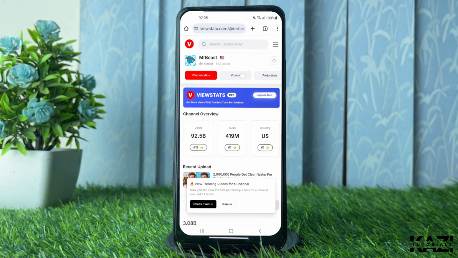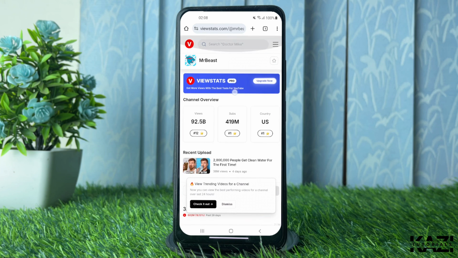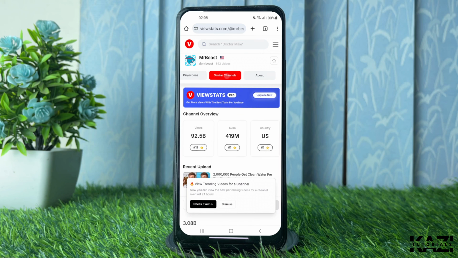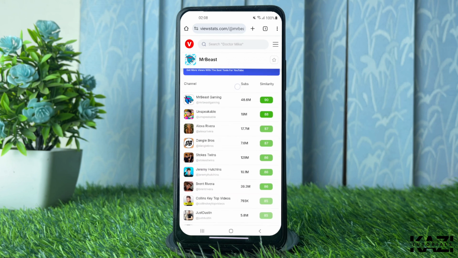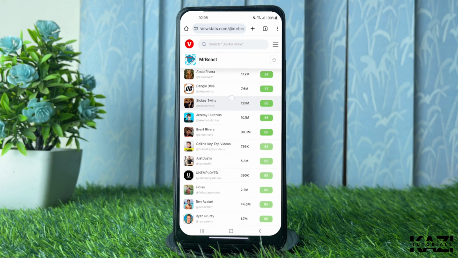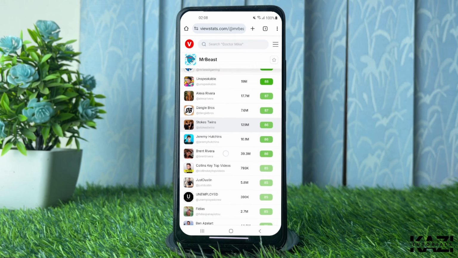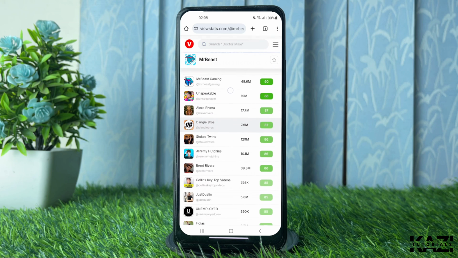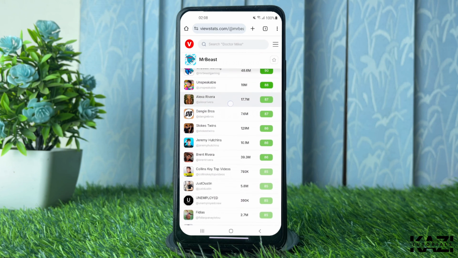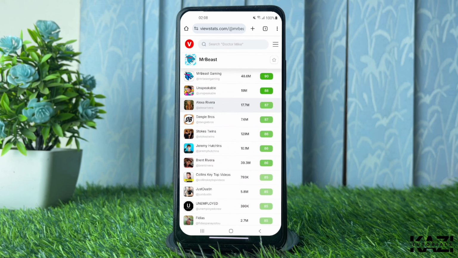Beast, we need to scroll it to the right, and as you can see here is an option called similar channels. You need to tap on that, and as you can see, similar channels have been shown, like Brent Rivera and many more available here. So you can watch them all which are close to Mr. Beast. Alright, so that's how you can simply find similar YouTube channels who made similar videos on YouTube while using